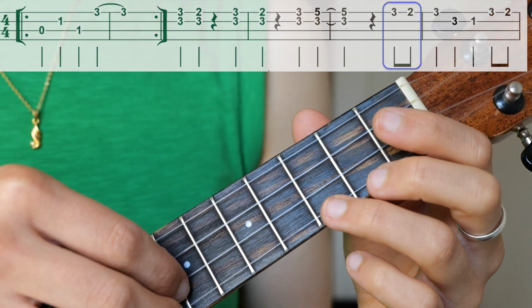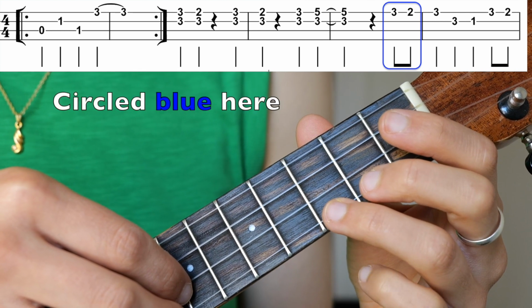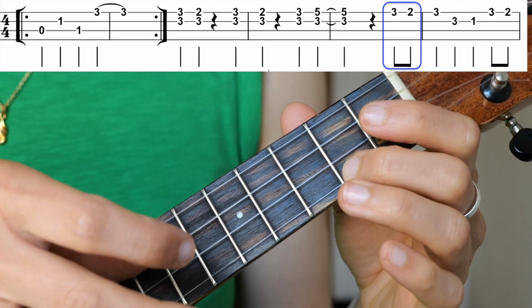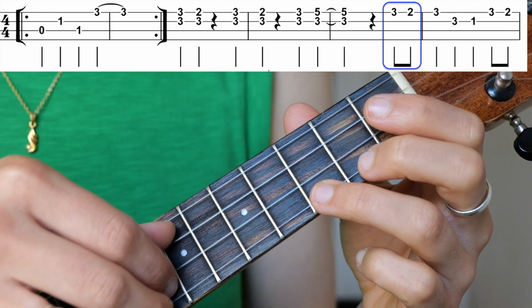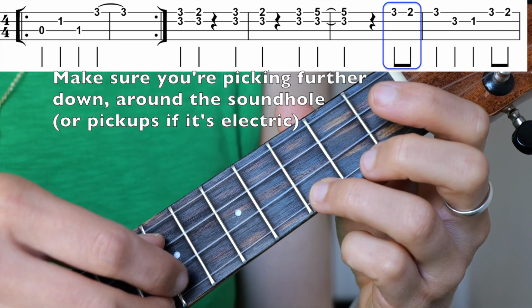Alright, so now let's move on, and you can see this main theme is starting on that pair of quavers that happens right at the end of the opening, essentially that 3-2. And you'll hear me, I do tend to upshot it quite a lot. I'm a little bit too aggressive with my picking today. I think it's because I'm on the neck, so hopefully that's not happening to you. But it doesn't matter too much,